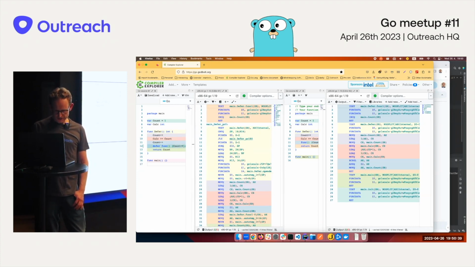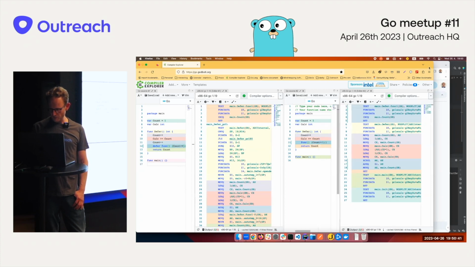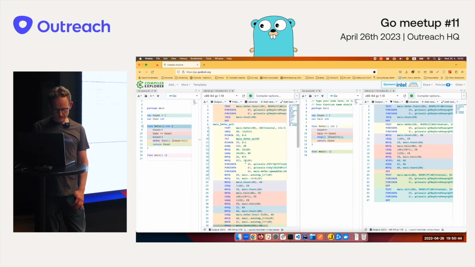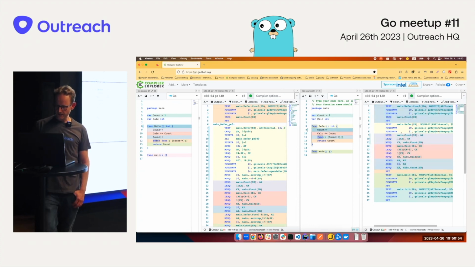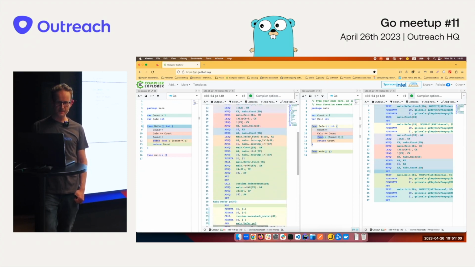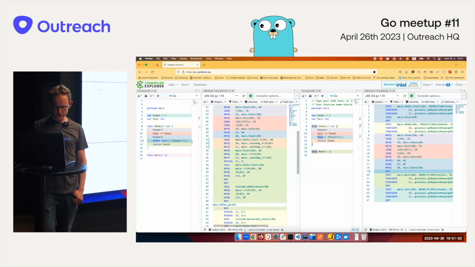Those two functions are mostly the same. The only difference is that here I'm doing the defer and here I'm not doing the defer. And as you can see, the compiler output is actually a little bit different, and there is definitely some overhead on the defer function.